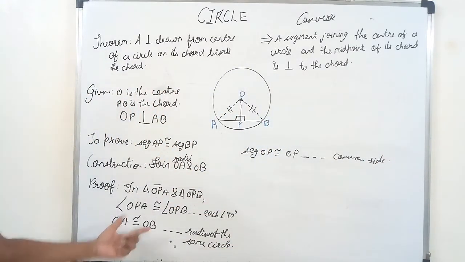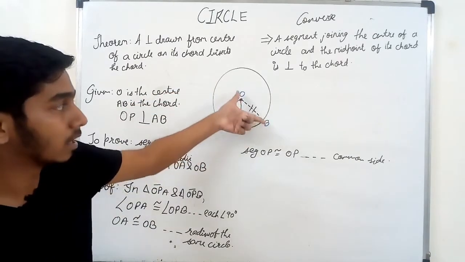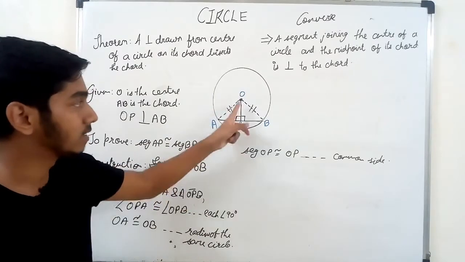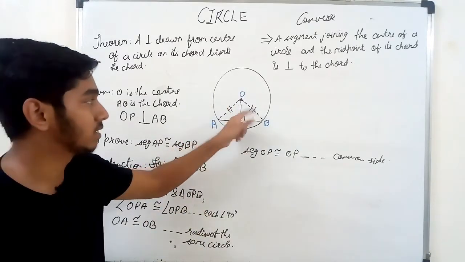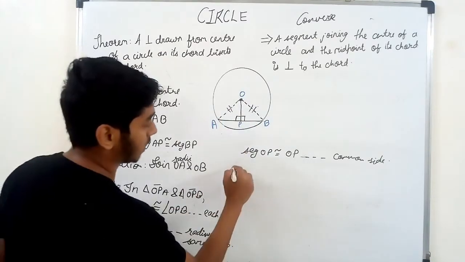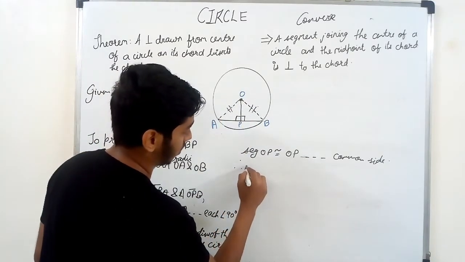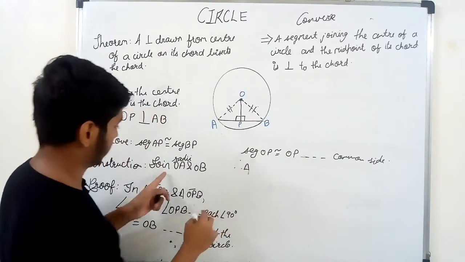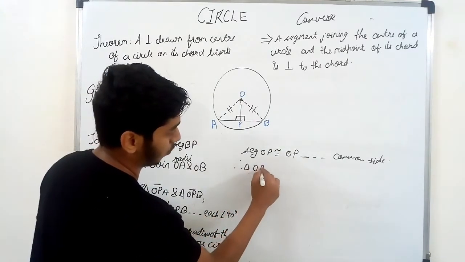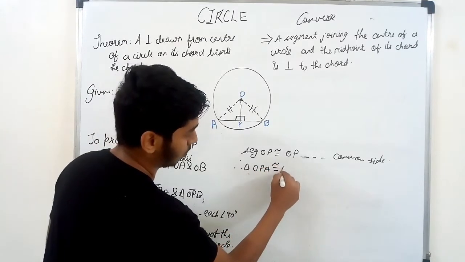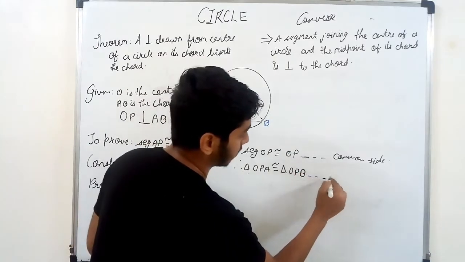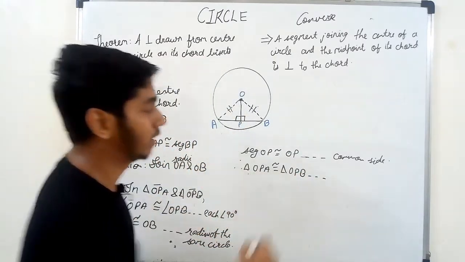Now if you see, this is OA, OB, they both are what? Hypotenuse, and this is one side. So by hypotenuse side test, we can say, therefore, triangle OPA is congruent to triangle OPB. The reason is